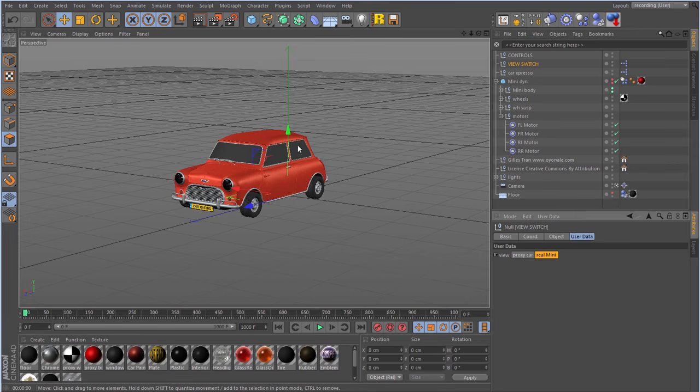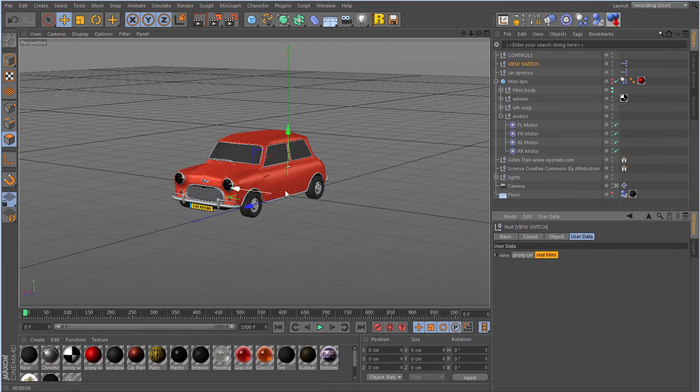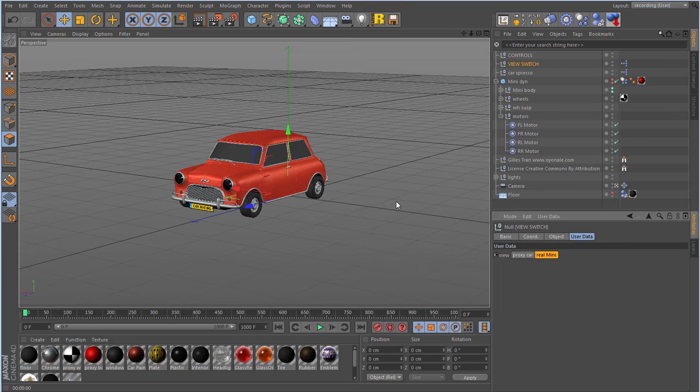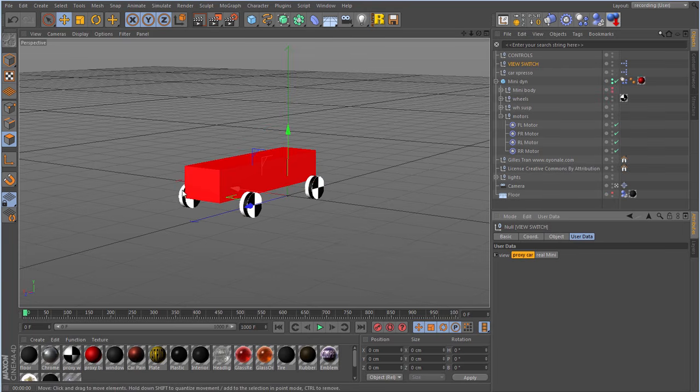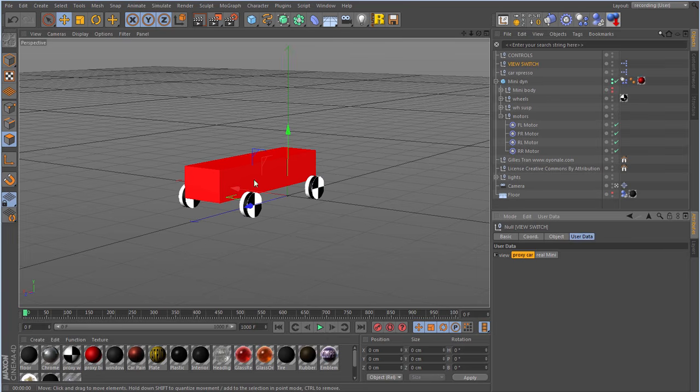Now the way you make the real car follow around the proxy car correctly is you make all these various components children of their respective parts in the dynamic car. So for instance, you'd make the car body of this Mini a child of the dynamic car body, and you make all of the high poly wheels, each wheel a child of its counterpart in the dynamic model.